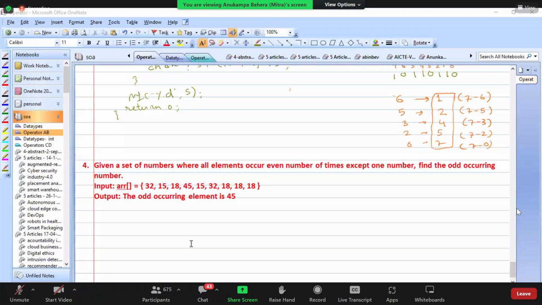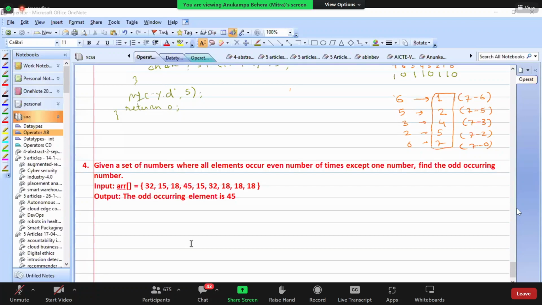Yeah, most of you are doing it right. Very nice. So now what we are doing, see, whatever are the values, they are in even, right? तो अब देखो यहाँ पे अगर हम लोग इन वैल्यूज को लिखना शुरू करें, ऐसे 32 इसी को लिखते हैं. हाँ, 32 फिर 15, 18, 45